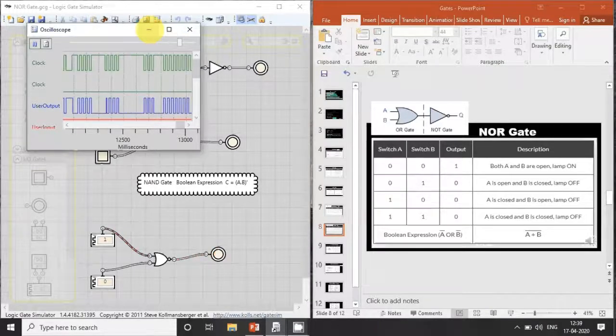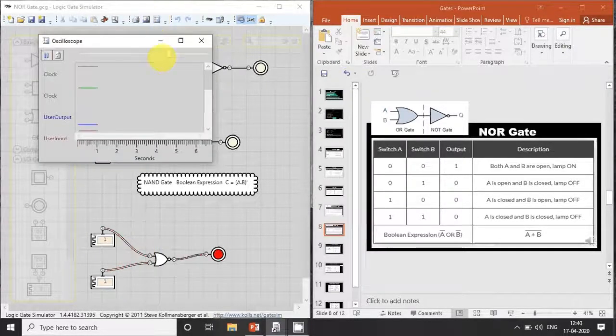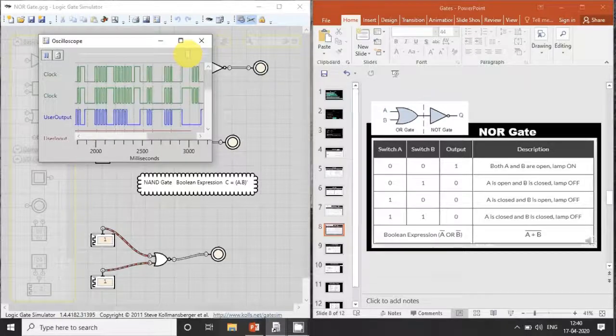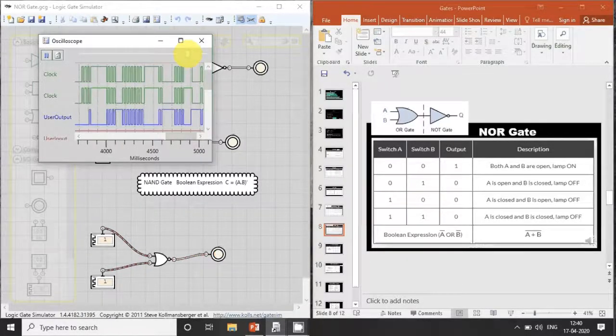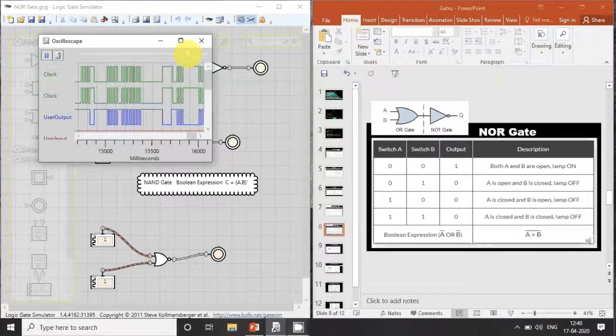Now the last is when both inputs are at 1, meaning both inputs are high. When both the inputs are high, the output is continuously 0. Here we say that the output is continuously 0 1 0 1 as per the change in the clock pulse. This is the timing diagram from which you can easily understand the working of a NOR gate. This is all about the combination of NOR gate and OR gate.